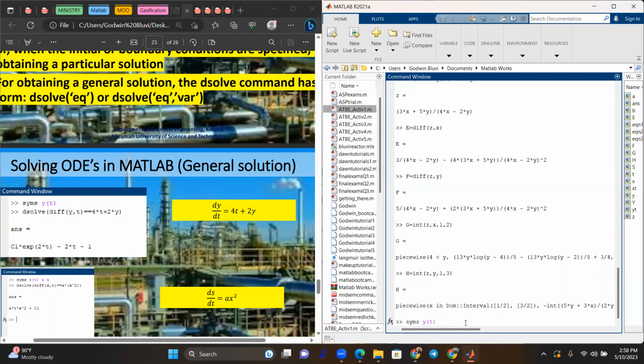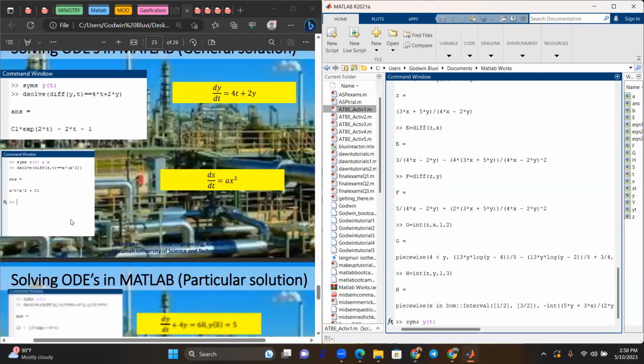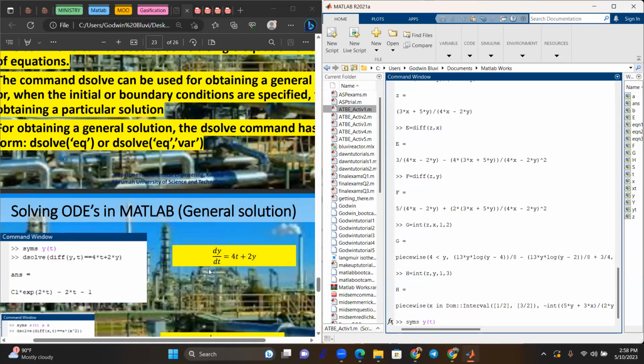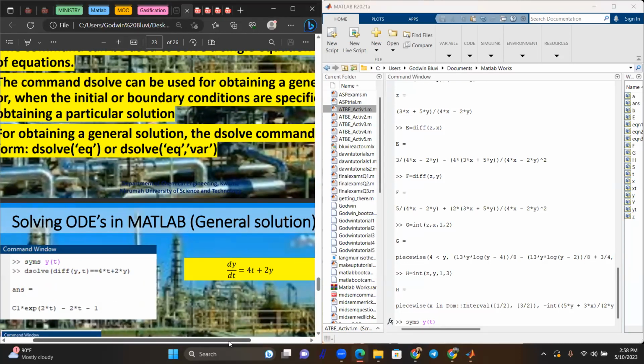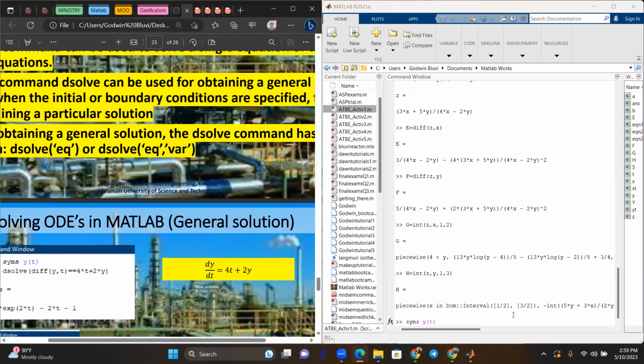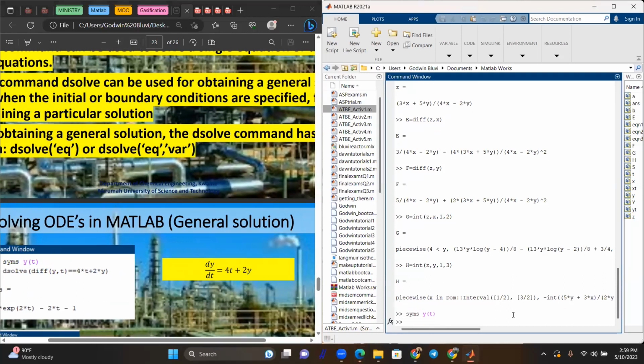So we have this question. dy over dt is equal to 4t plus 2y. So now we want to solve this. When we want to solve this, we use the dsolve function. Do you understand? So dsolve,